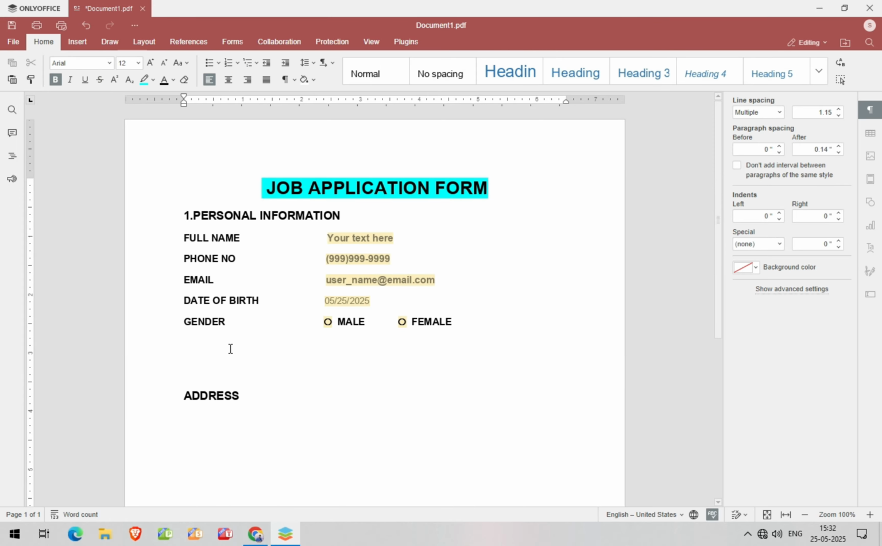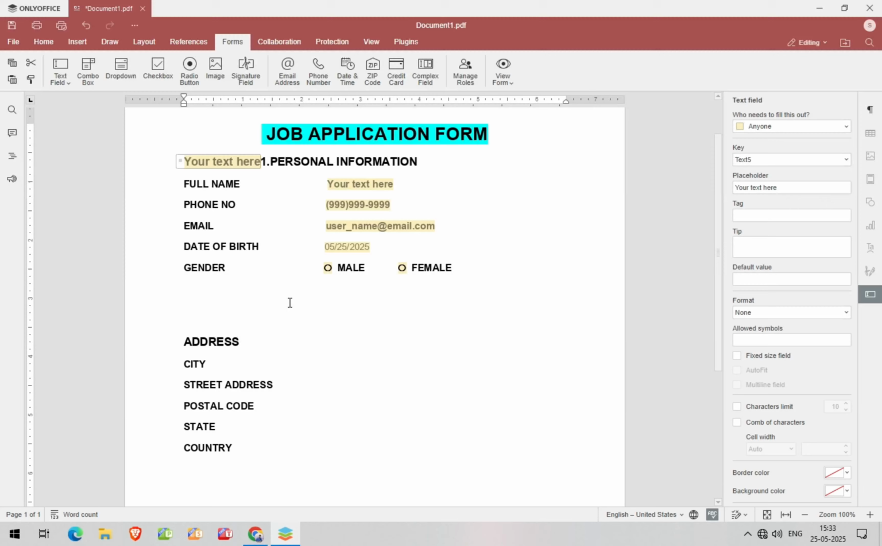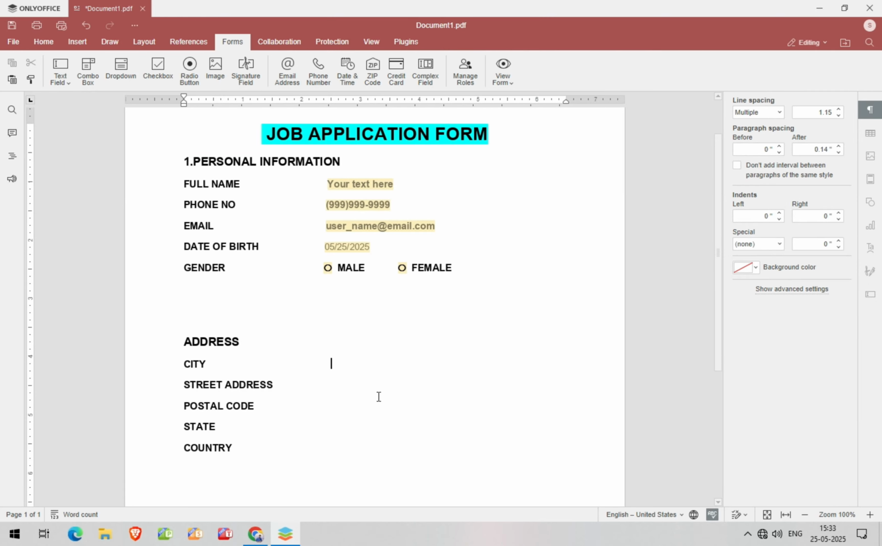Here I will add city, street address, postal code, state, and country. In city, give some space and add a text field. Similarly, for street address, add a text field, and for postal code, add the postal code option. For state, we can add a normal text field, but to make it look more professional, we will create a